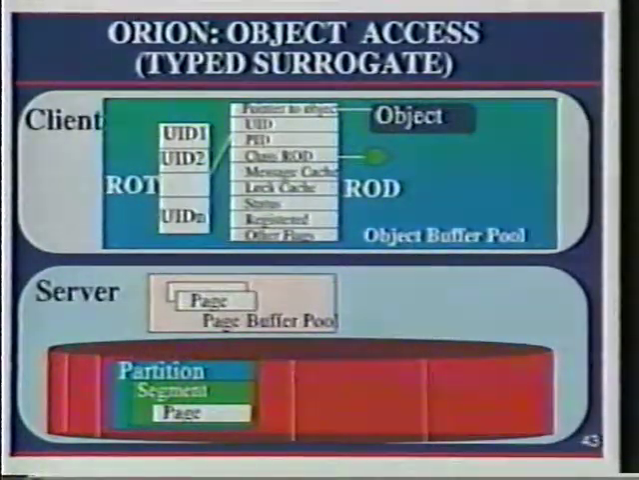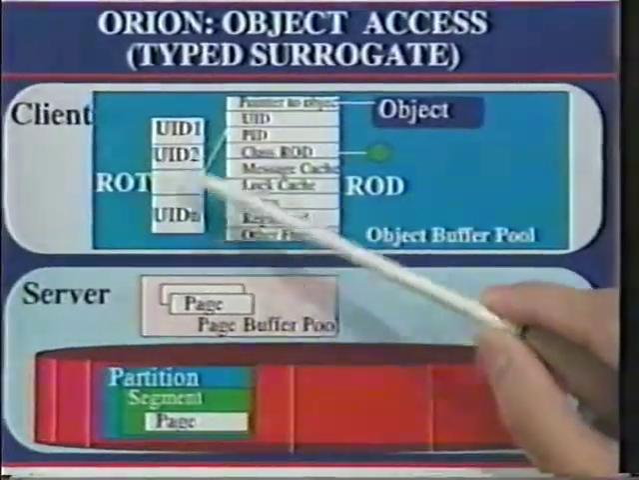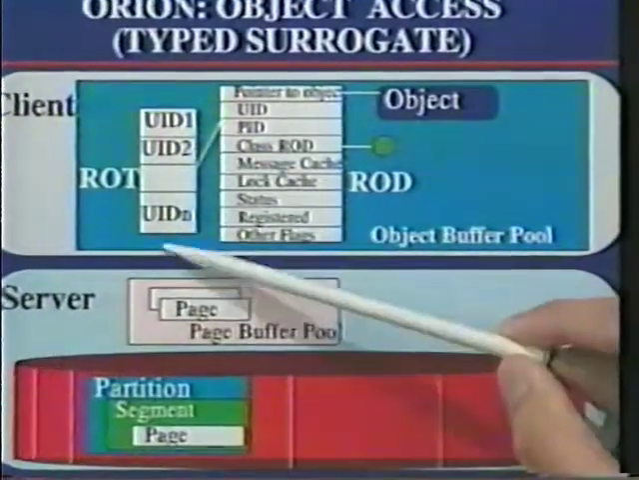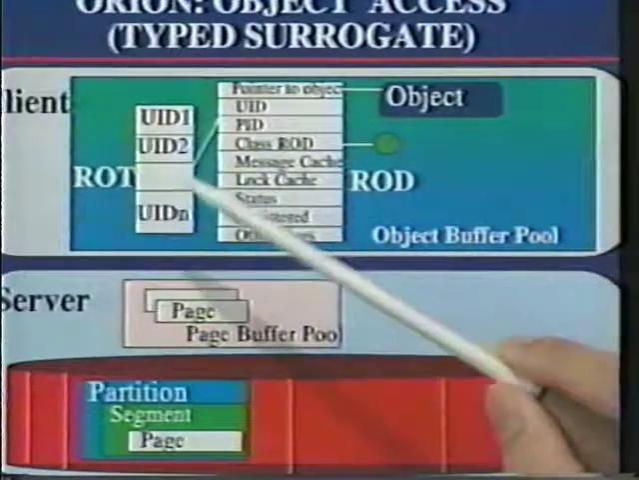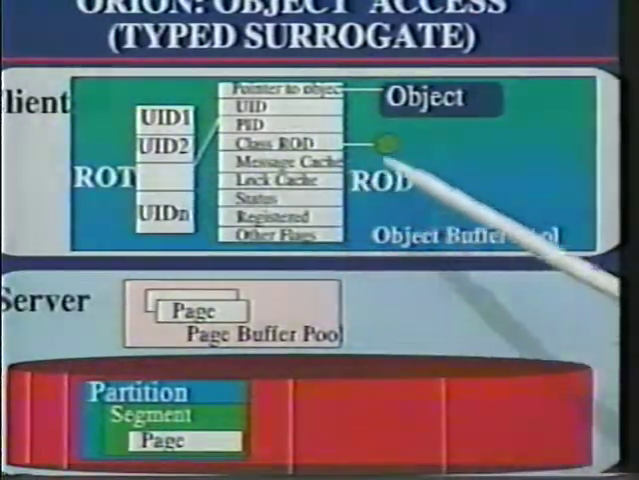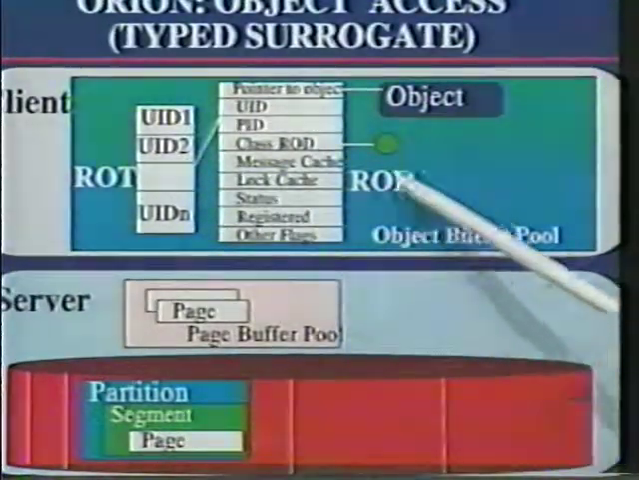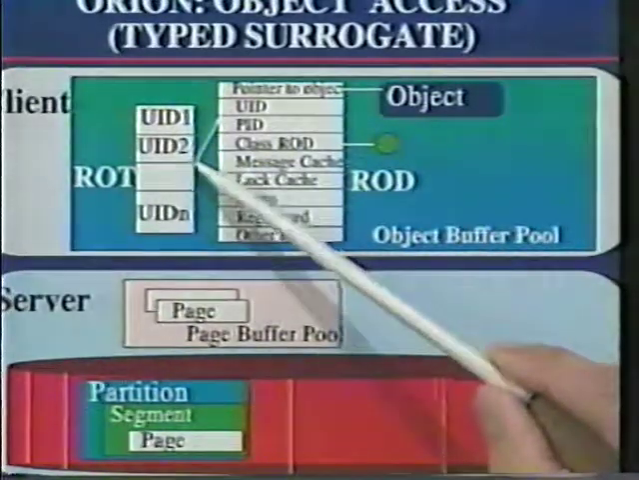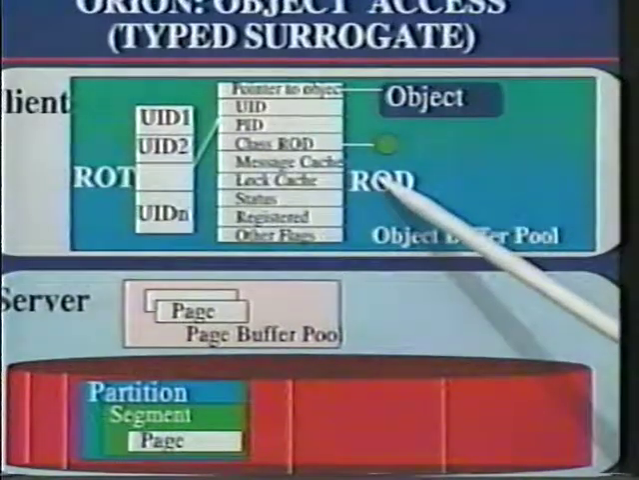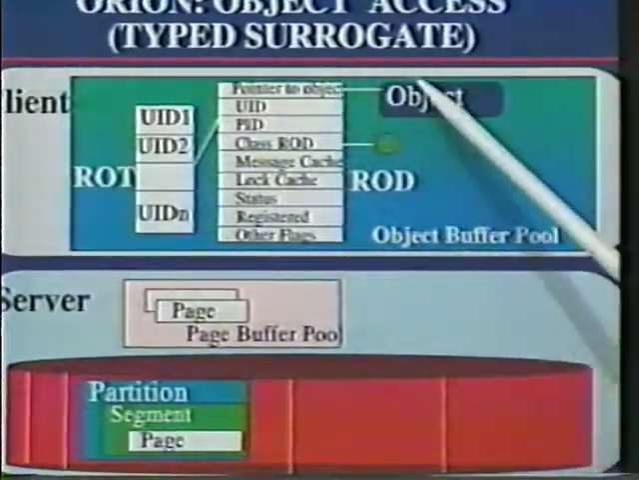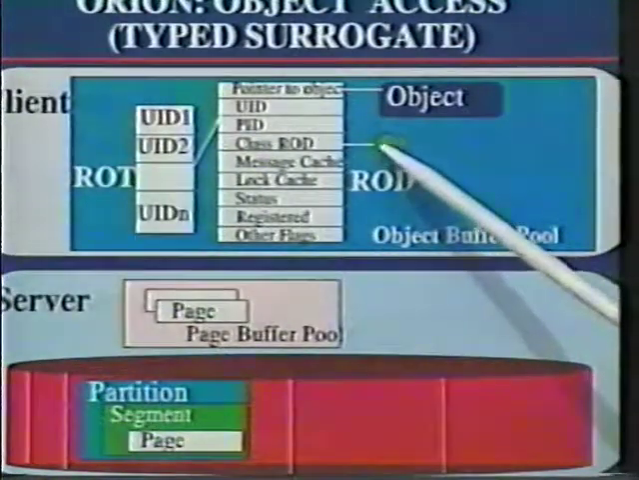The resident object table consists of a number of descriptors, which are unique IDs here, 1, 2, 3, 4, which are again hashed into this. Now these UIDs point to another data structure called an ROD, the resident object descriptor. So the resident object table has elements which point to this resident object descriptor, and this has the pointer to the actual object. This also has a pointer to the class object,